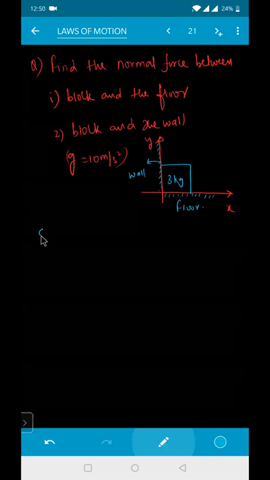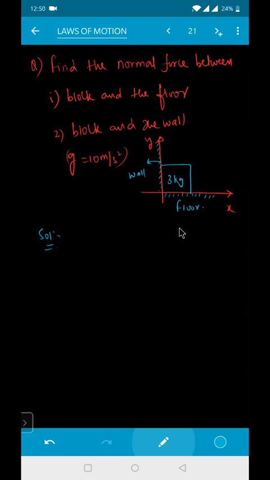Okay, now try to do it out. Can anyone give me the answer for this one? Find the normal force between the block and the floor. Block and the floor. What are the forces acting by this block on the floor? One is the weight of the body in the downward direction, and this floor exerts an equal and opposite force on that